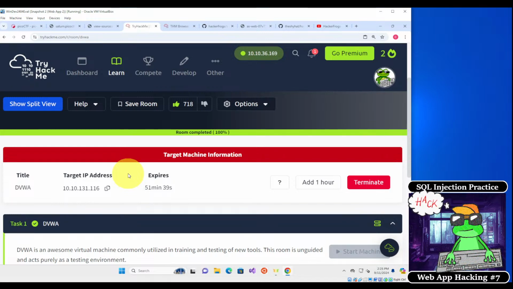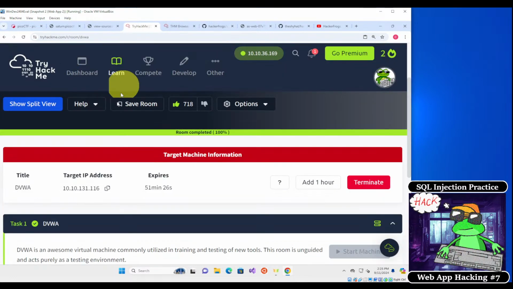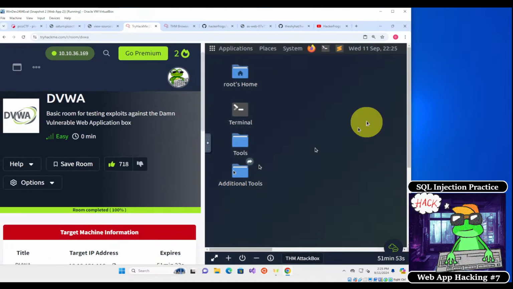Okay, so user AD says that their attack box just finished loading. What should I do? Okay, so if your attack box just finished loading, your browser window should be split like this. What I want you to do is go down to the bottom of the screen, and in the middle, there's going to be a button that looks like two arrows, labeled View in Full Screen. I need you to click on that button,